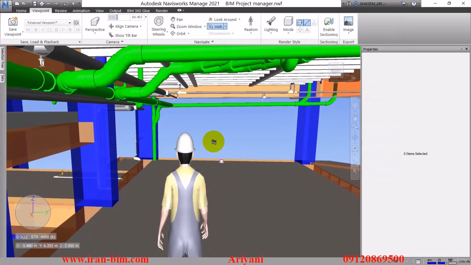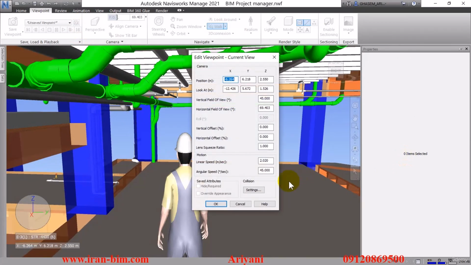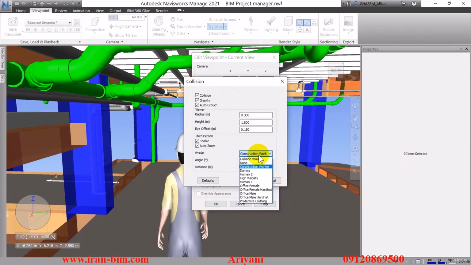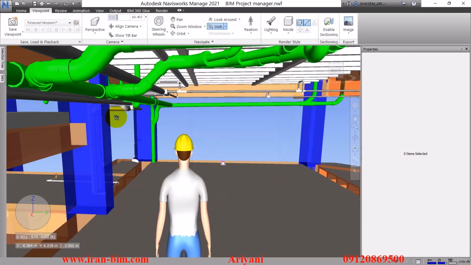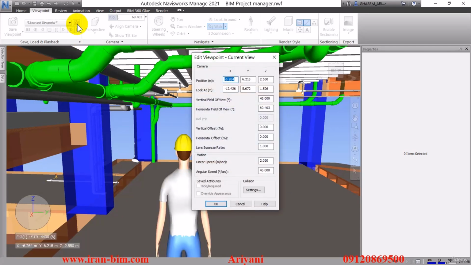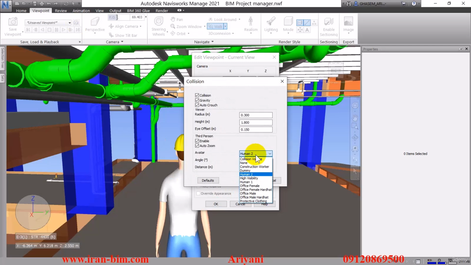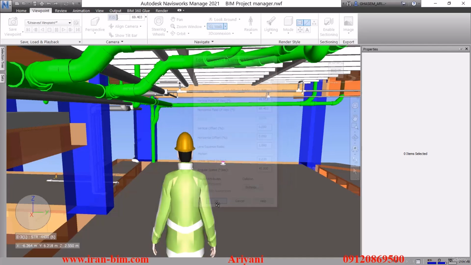Then I'll hit OK. Alright, so once again we'll go over here and open up the viewpoint and the collision settings and put the avatar on human 2, for example. We change our avatar as in here. And we can change the characters throughout the project, such as we just did here. I'll go with this right now,